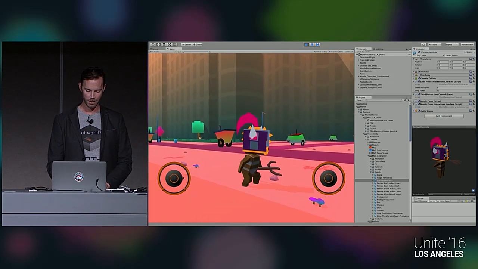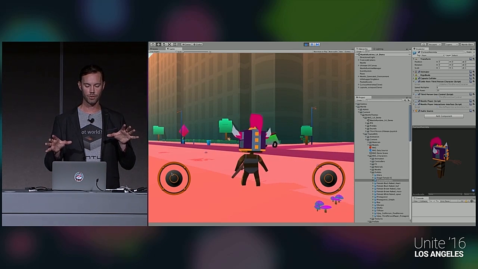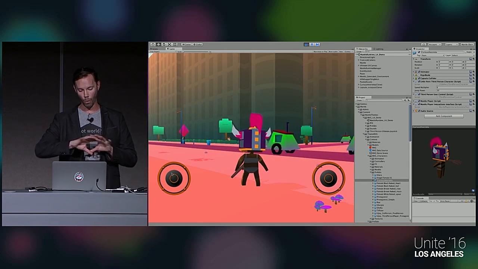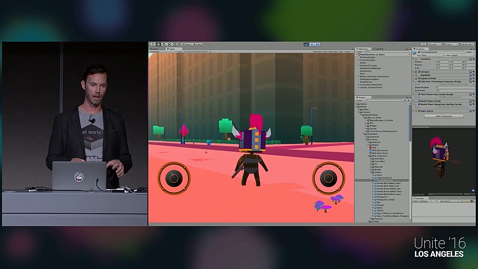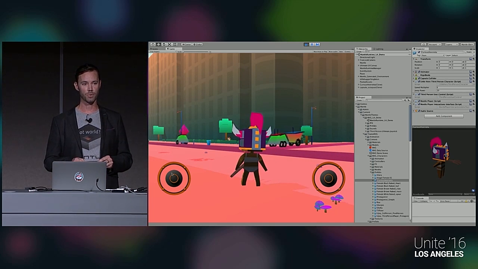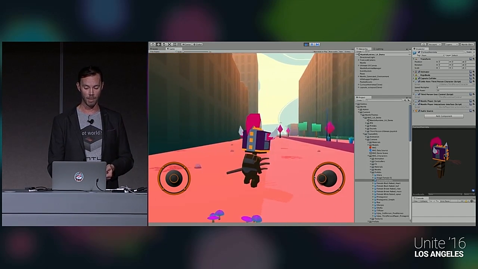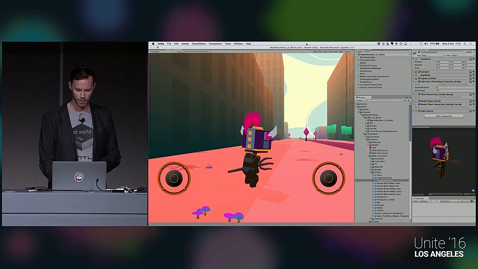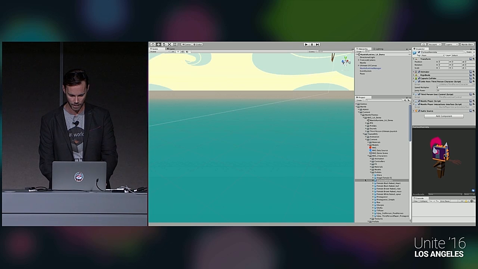But realistically, the thing that Mantle is trying to get you to be able to do is not worry too much about the world creation side of things, but get a prototype up and running really fast that allows you to do the thing that you want to do, which is iterate gameplay. You want to be able to change that gameplay. You want to iterate it really quickly. You don't want to mess around building a world when you could spin one up and make some changes. So what I'm going to do now is probably foolishly try and demo this on the phone. So if we swap out to